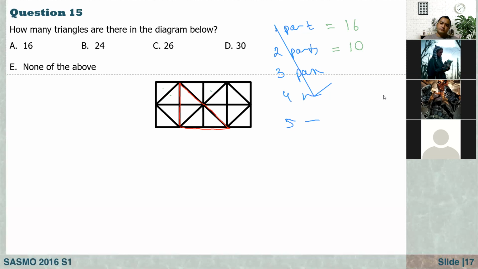Yes, I can see it. And how many such triangles do we have? Also from the top, right? If you look at this one, it is another one. Can you see another one? How about this one? And also here we have another one. Here we have 1, 2. And this one is 1, and this one is 2. So how many? Here we have 4. So altogether we have 30.